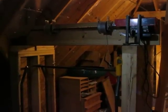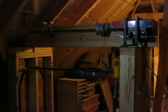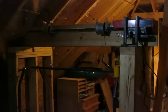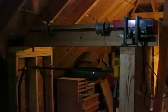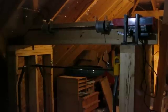Well, I made the lift with some garage door parts. My ceiling is 12 feet and I got a 14-foot custom-made cable, but I bought some commercial cable drums for an 18-foot ceiling so that when I have the carriage completely up, I still have plenty of room left on